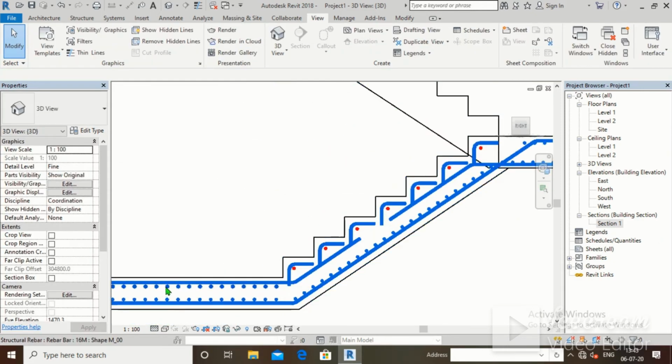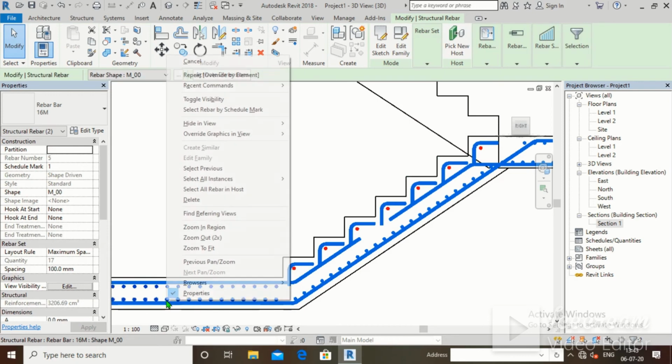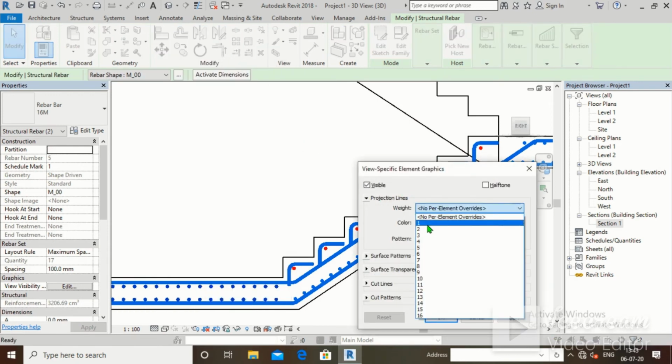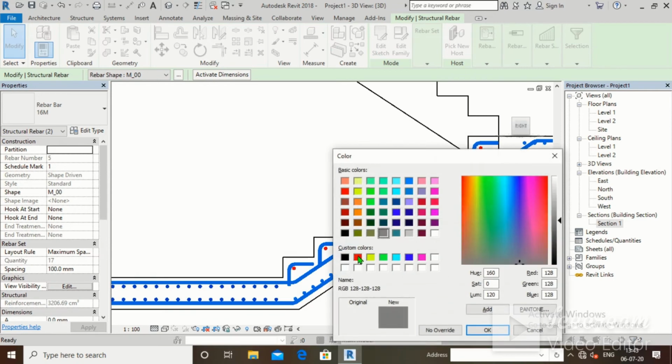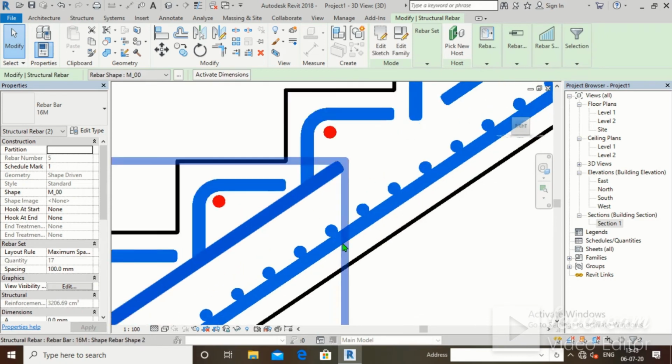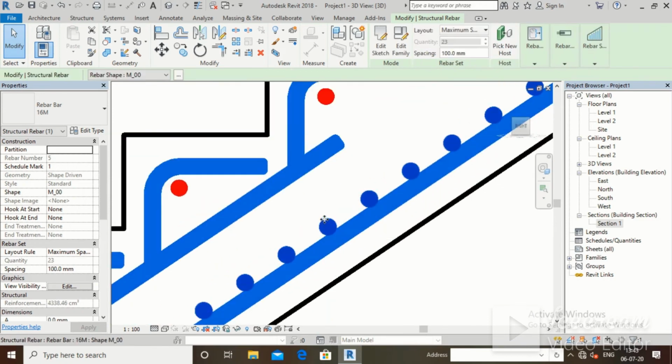We'll similarly convert this bar also to red. Right click, override graphics in view by elements, projection line, weight to 2, color red, 77. Okay, pattern solid. Click on apply, click on OK. Now we'll move this bar a little bit upward.